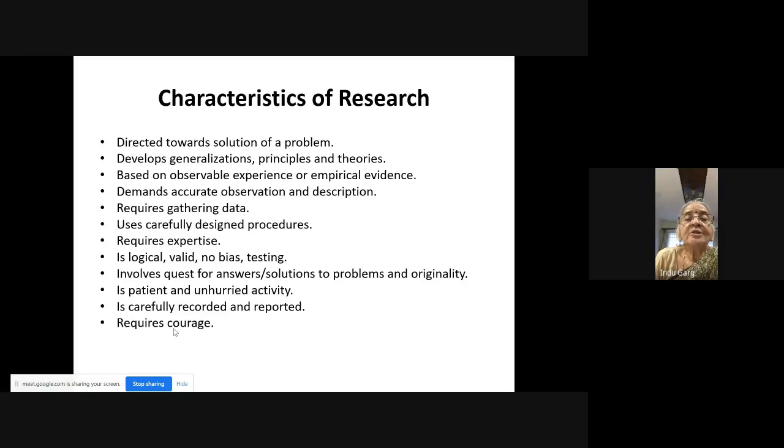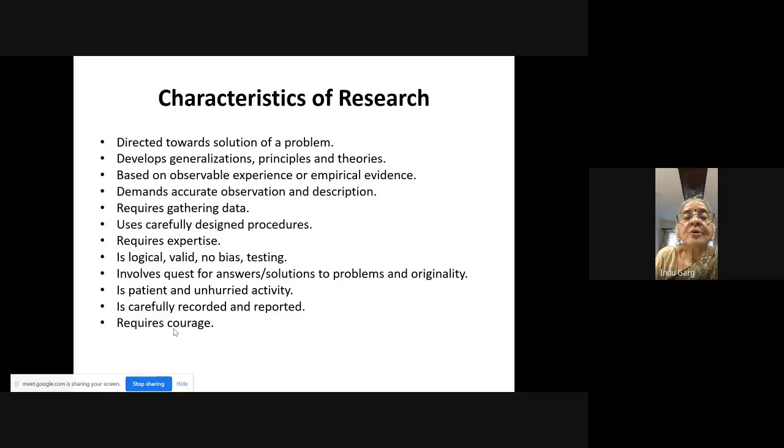It's a whole huge long list of characteristics of research. I'll just quickly read them out because you'll understand as I read them, since we've spoken about it so much already. So research is always directed towards the solution of a problem. We do research to arrive at theories, but the whole purpose is again to derive something, and because we are in the field of education, we will always do research to find a solution to a problem.